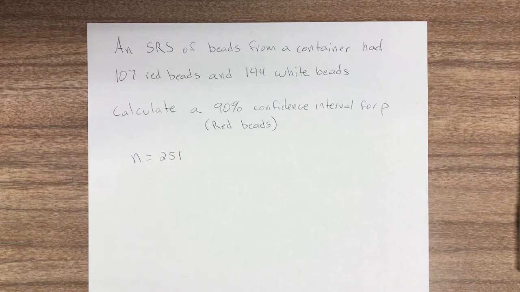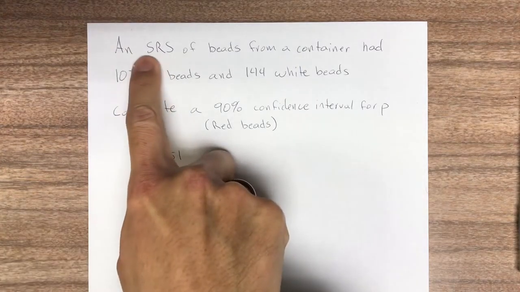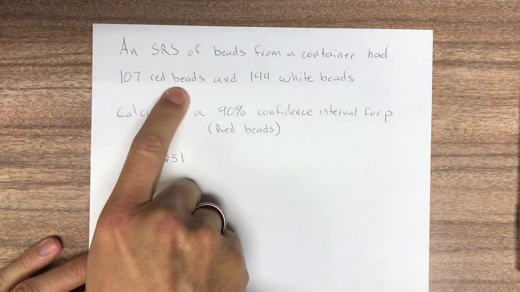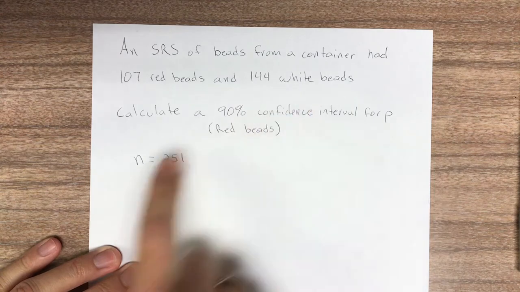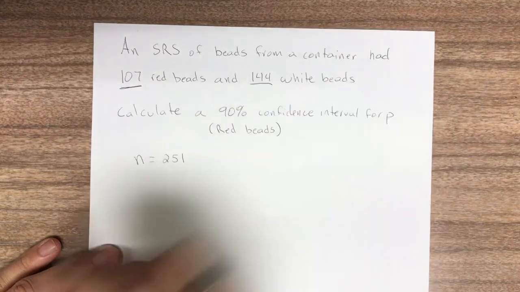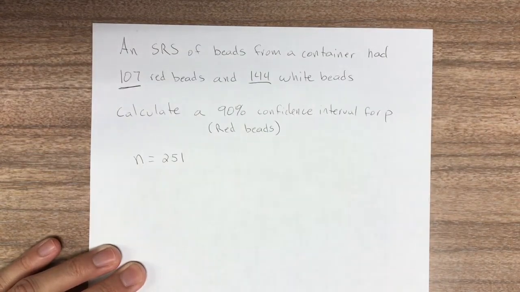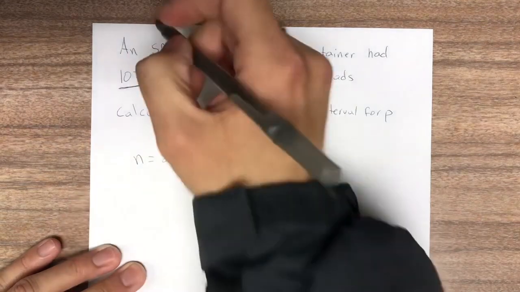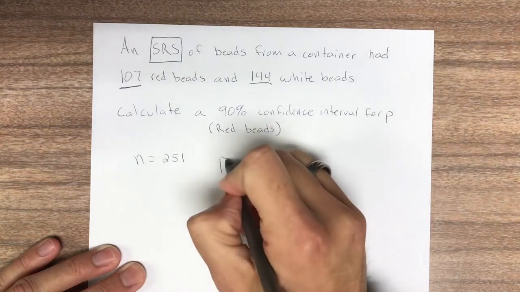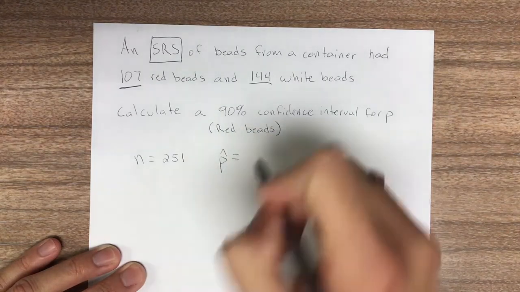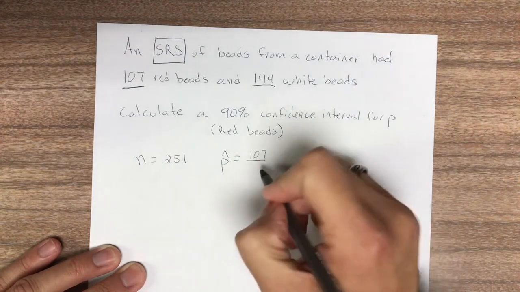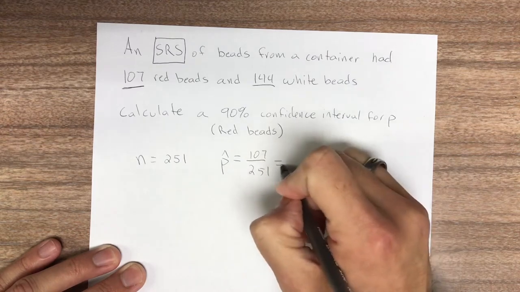And just by using one SRS, it says here we have an SRS, just one, we found that that SRS had 107 red beads and 144 white beads. So my sample size will be those two numbers of beads added together, so 107 plus 144 is 251. Now if you think about this SRS, which is a simple random sample, it's just one sample, my proportion of red beads for this sample is going to be the 107 divided by the total number of beads in that sample, which is 251, and that proportion is